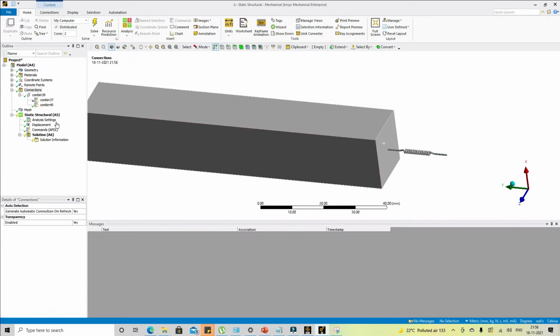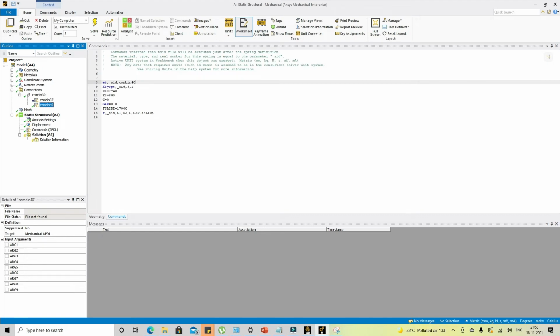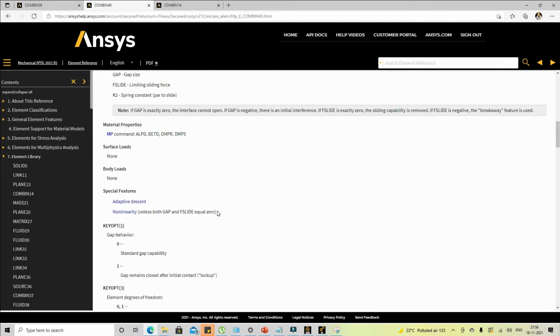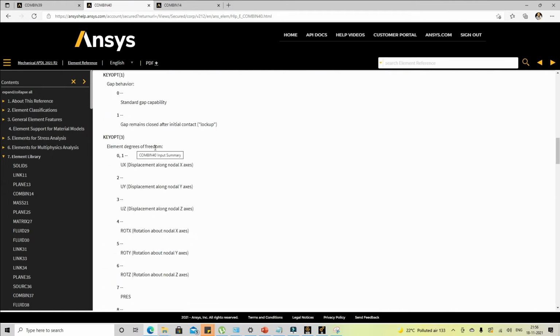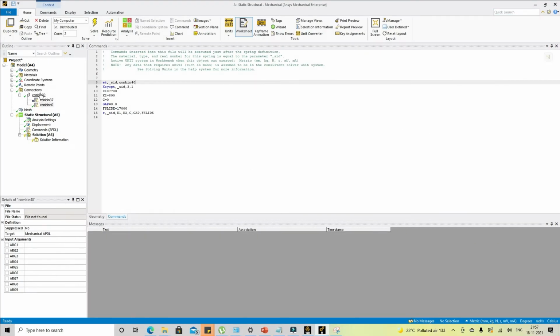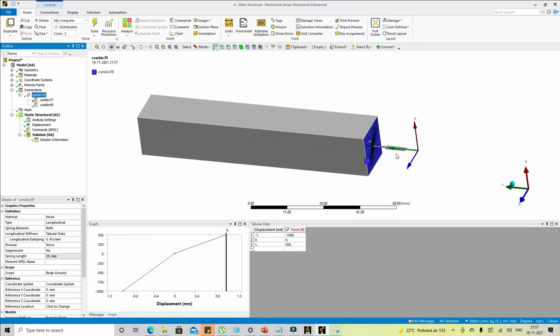It means that if I am using this surface to define my global coordinates, nodal spring, and if we keep the option as default, that is KEYOPT underscore SID, 3, comma, 0. KEYOPT 3 is actually used to control the element degree of freedom. Now in this case, the UX degree of freedom will automatically get highlighted. So 0 is the default: displacement along the nodal x-axis. What it means is that the stiffness is not going to resist any motion in the y direction.